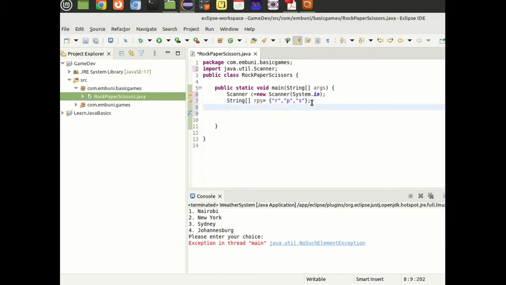Okay, the next thing is to have the computer choose. You can create this comp move variable, which should be equal to the RPS, since it's an array, and then inside we can talk of new Random. You have new Random dot nextInt,